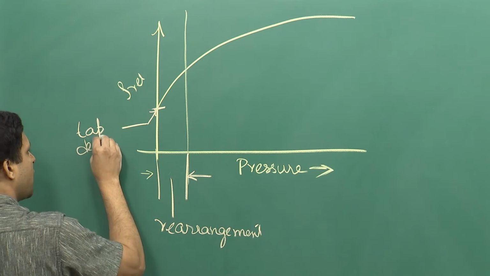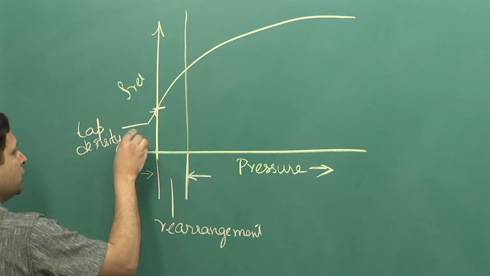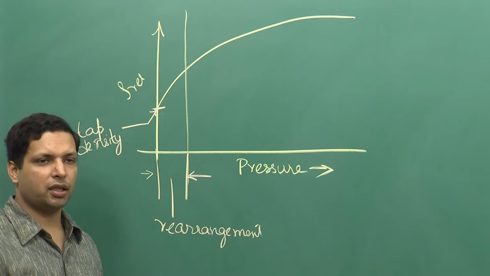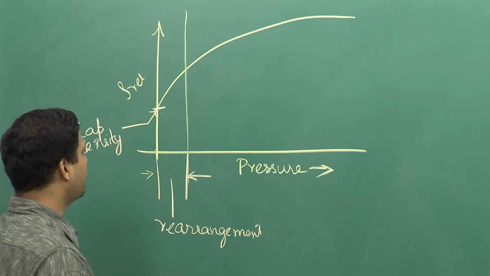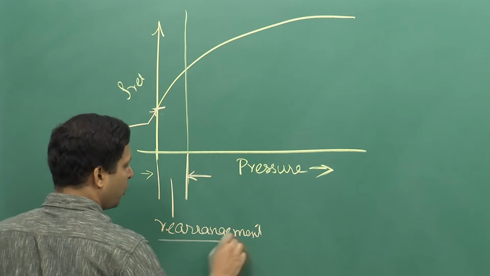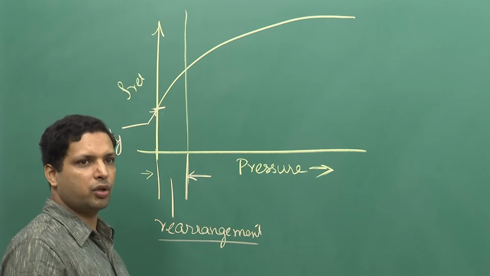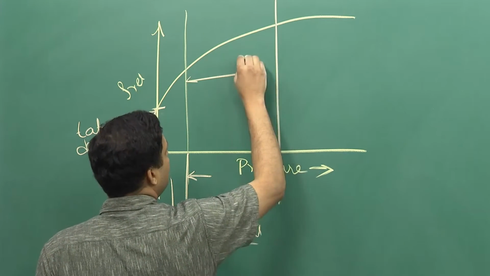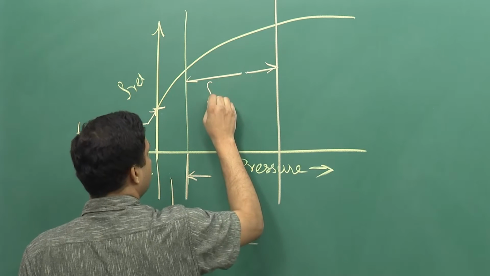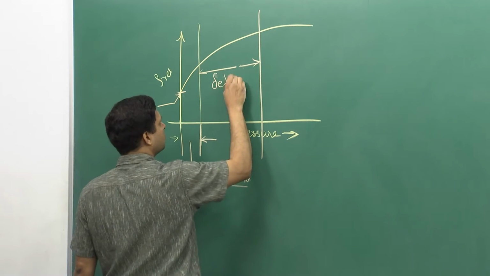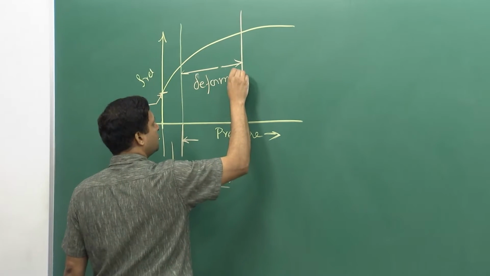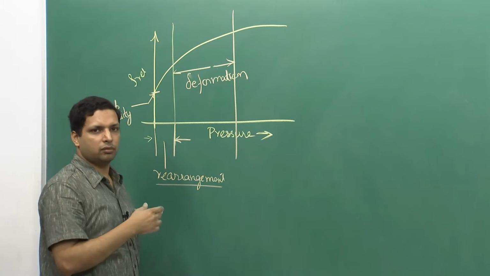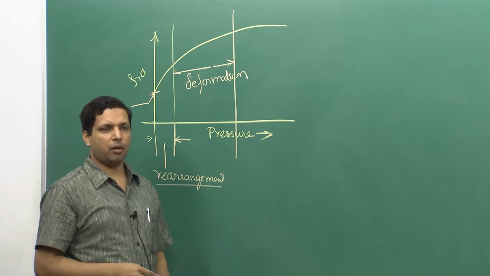So, the compaction starts where consolidation ends. This is the point where consolidation ends, and here you start to apply pressure to increase the theoretical density or the relative density even further. At this point, only rearrangements are taking place and a negligible amount of deformation. Beyond this, there is deformation which is leading to shape change in the particles, so that they can accommodate each other or adjust against each other in a better way.